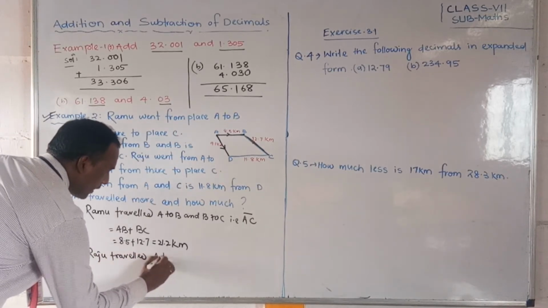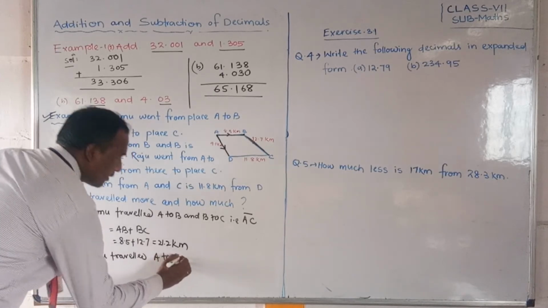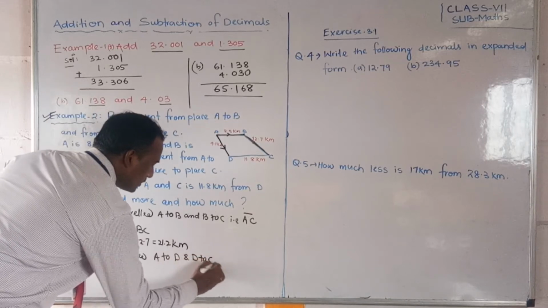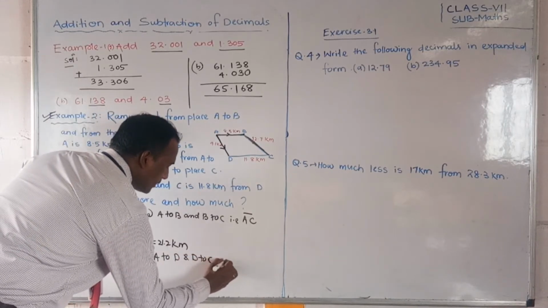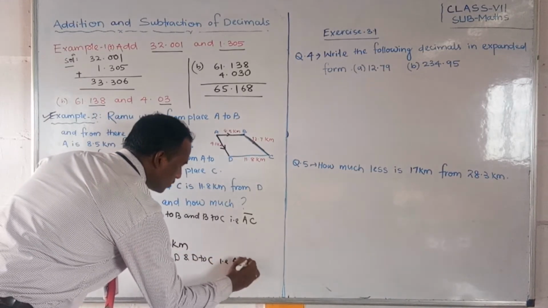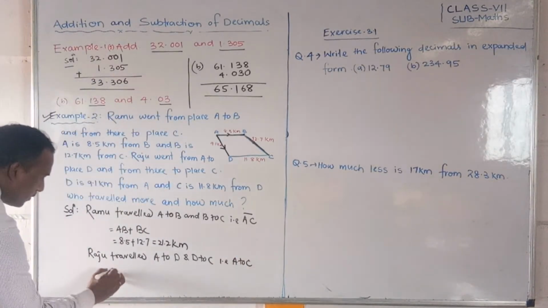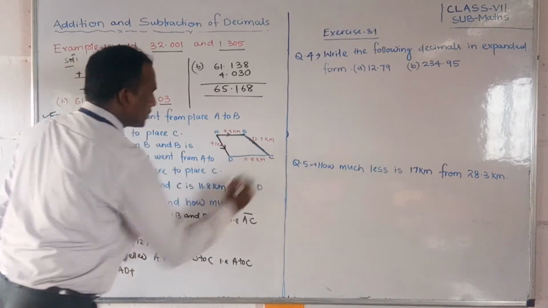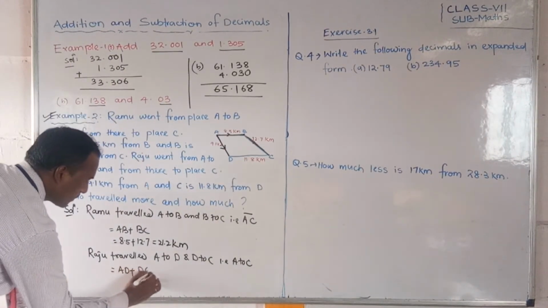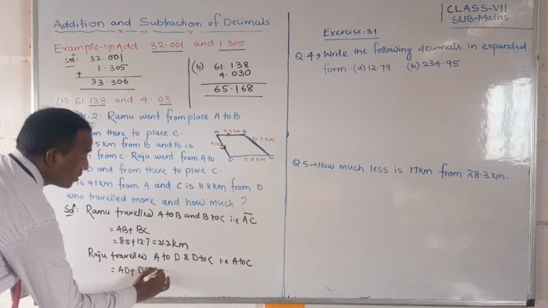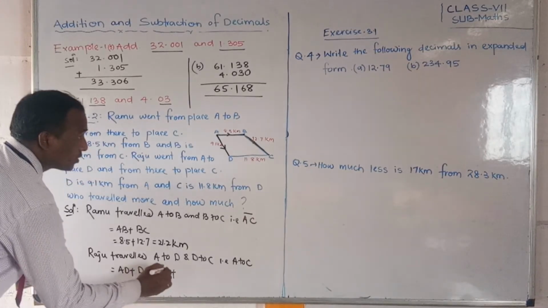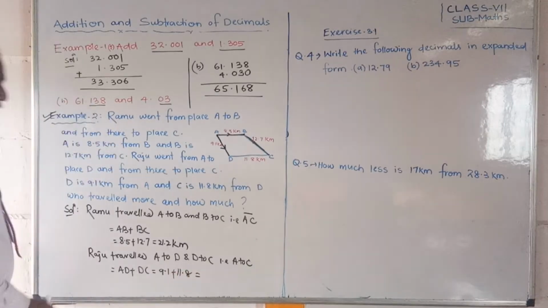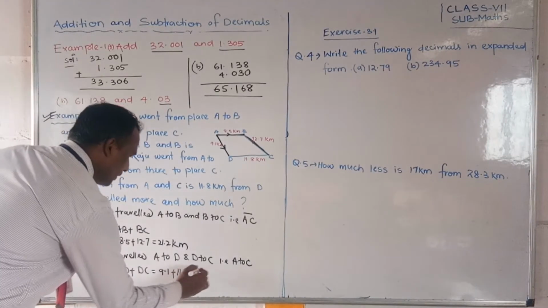from A to D and D to C, that is A to C. Yes or no? That means what will we get? AD plus, that means A to D means AD plus DC. So DC is equal to AD, how much? 9.1 plus 11.8. How much will we get? Is equal to 19.9